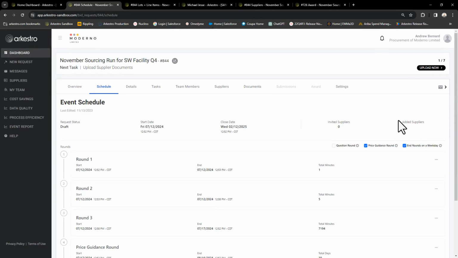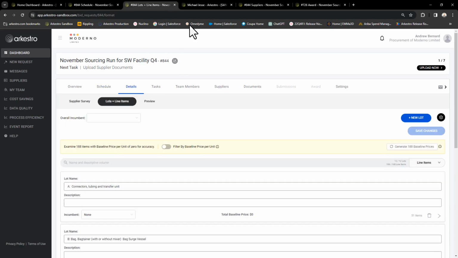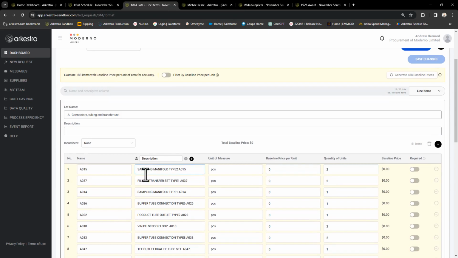Let's talk a little bit about this concept of suggested pricing. So the first thing I'll say is if we go into the details tab here to look at the individual line items that are already existing within this event, there's various details here that have been uploaded, so I can upload via template or they can come in via an integration. But what we're doing is we're taking a unique approach to cost theory.